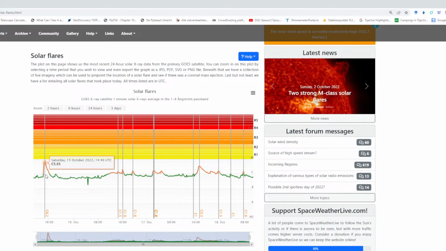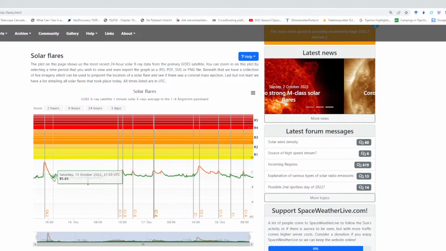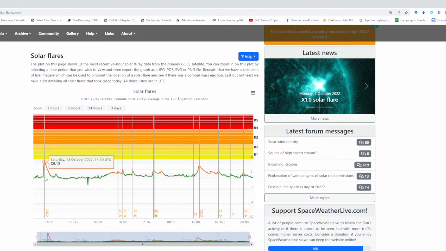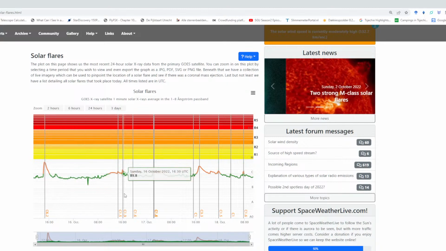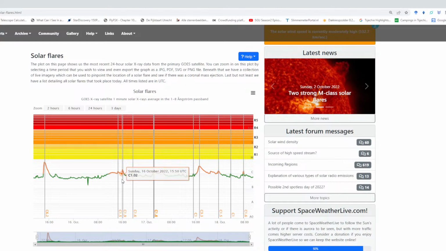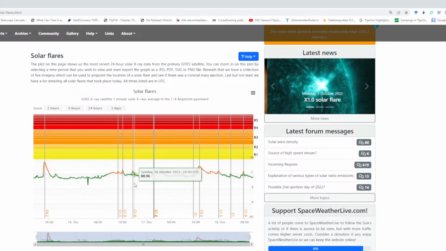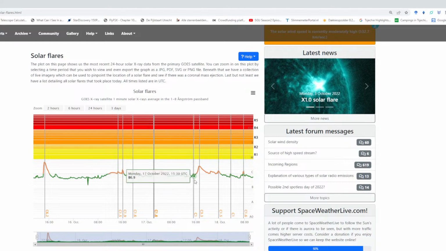Yeah, 10 before 2. No, 2:30 already. So that's half an hour after it started. And then, yeah, it lasted until 5. So that's 3 hours basically. 2-3 hours. And this is a small one. 1550, 1640. So that's 1 hour. So I think it's about 1 to 3 hours if you have a C class